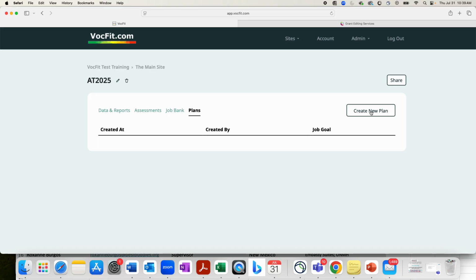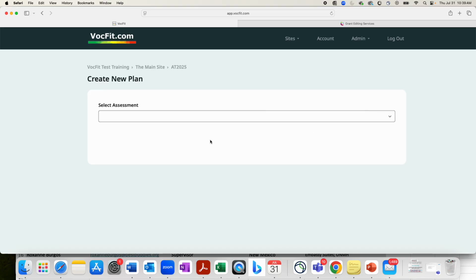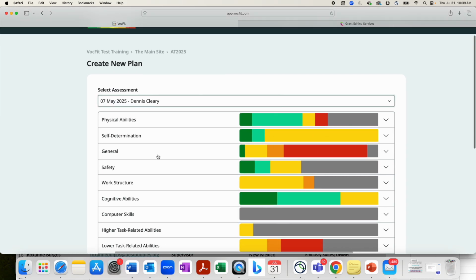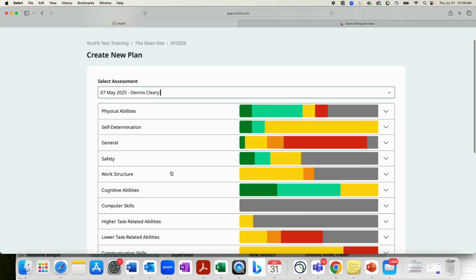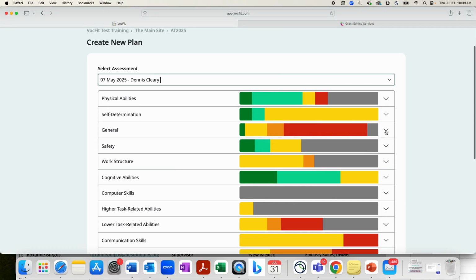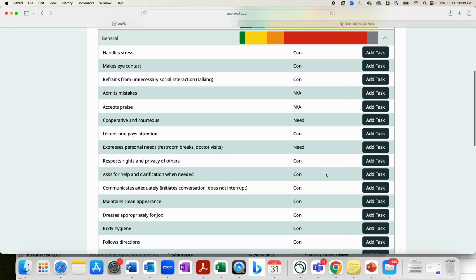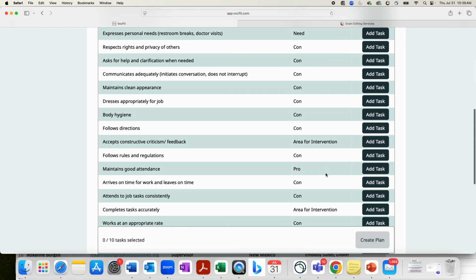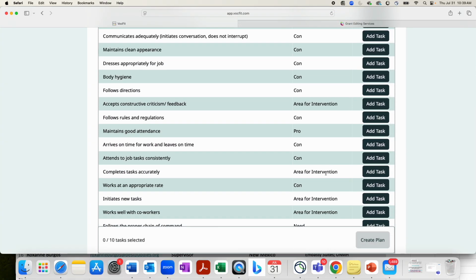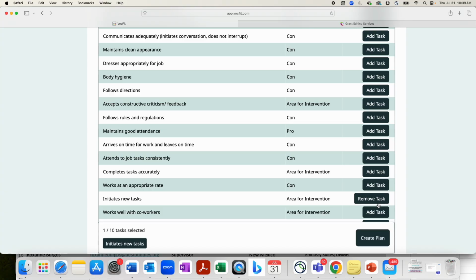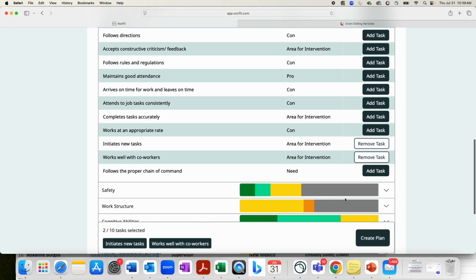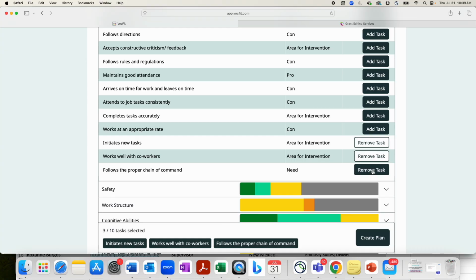So to do that, we're going to create a new plan, select an assessment. This one has only had one assessment done, and it's going to use the greens, yellows, oranges, and reds to show strengths and the things that they need to continue to work on. So we'll go to the general abilities, and anything that is a con, an area of intervention, you can select those. So we're going to add initiate new tasks, works well with coworkers, follows the proper chain of command,